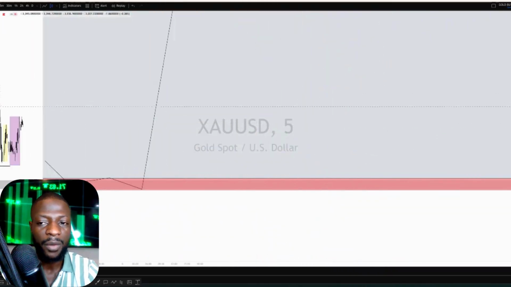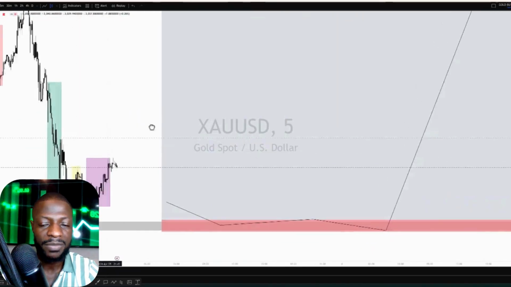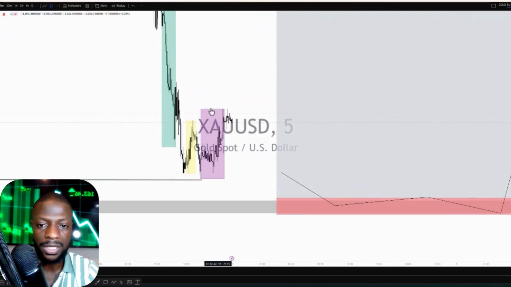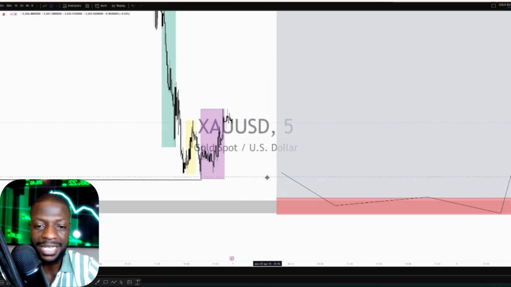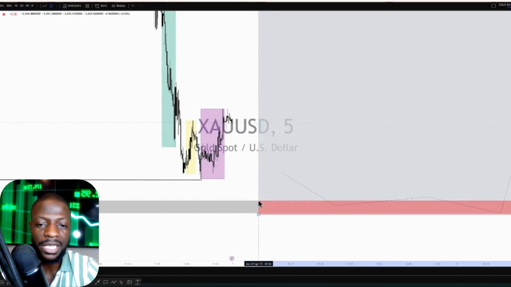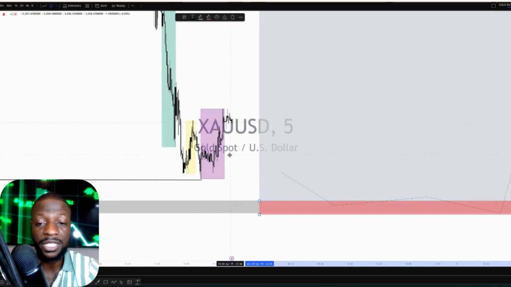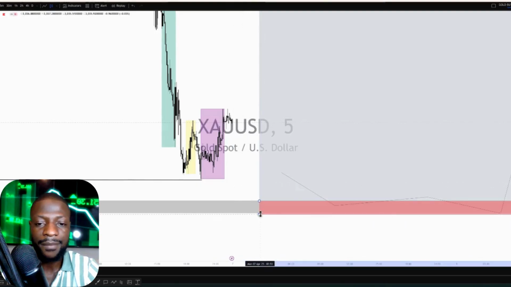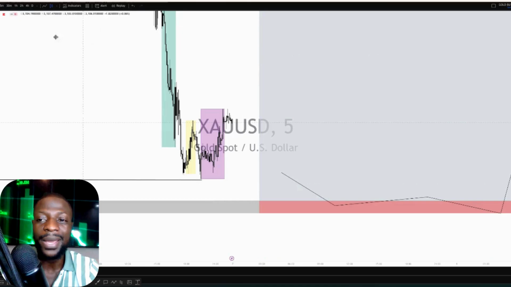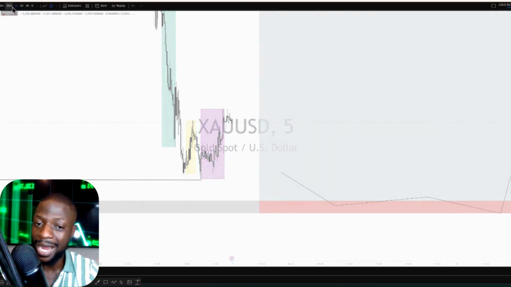So right now we're just waiting for this gold trade, this market, to open in the next few hours. Once the market opens, what we're anticipating is the market to pull back into this area, take out the liquidity, and the Asian session is going to be taken out. And then once the market comes to my area right here, I'll make a decision whether to buy or not,